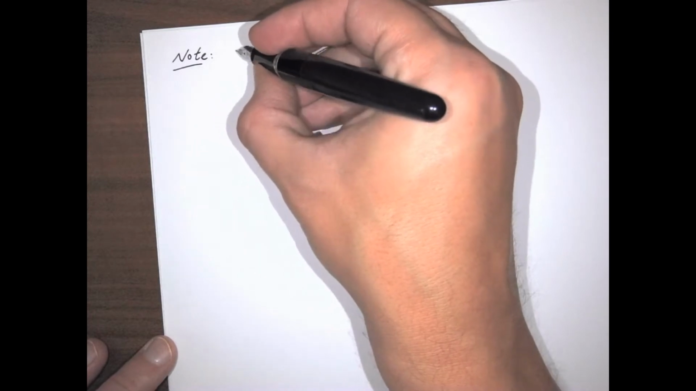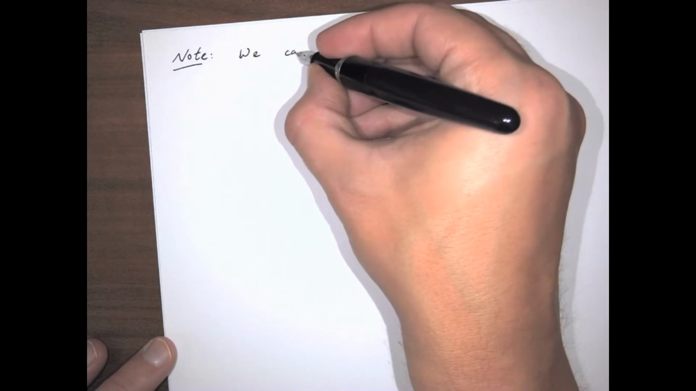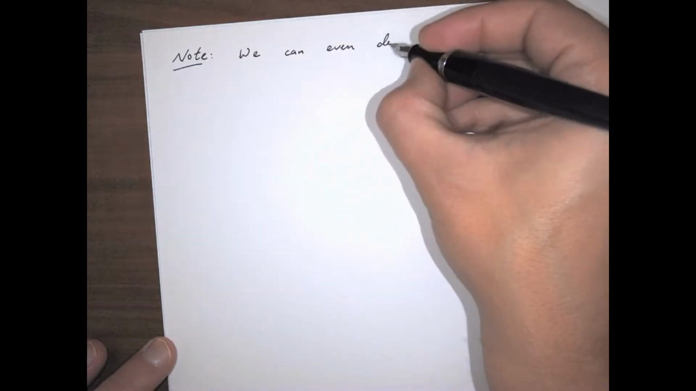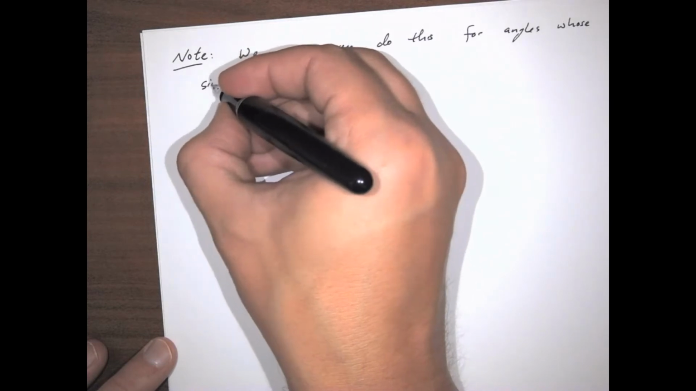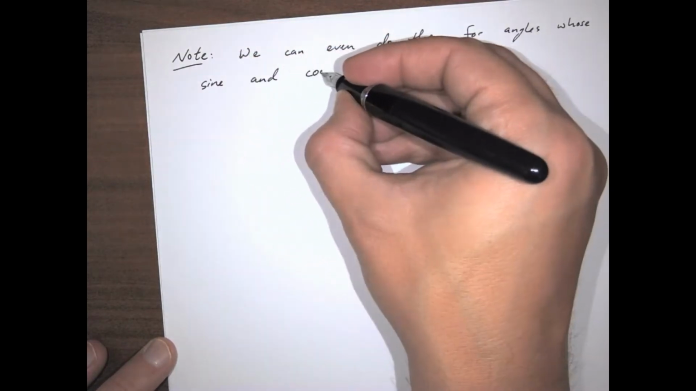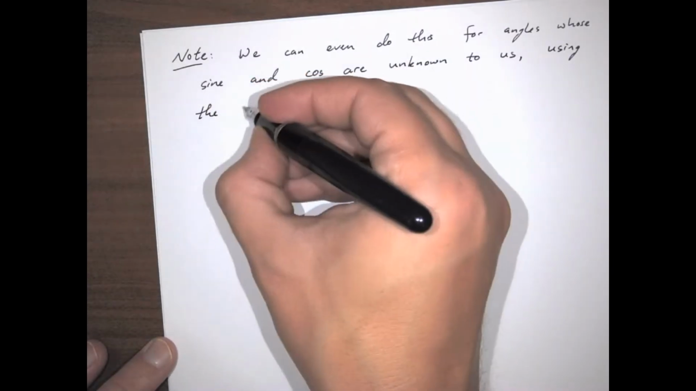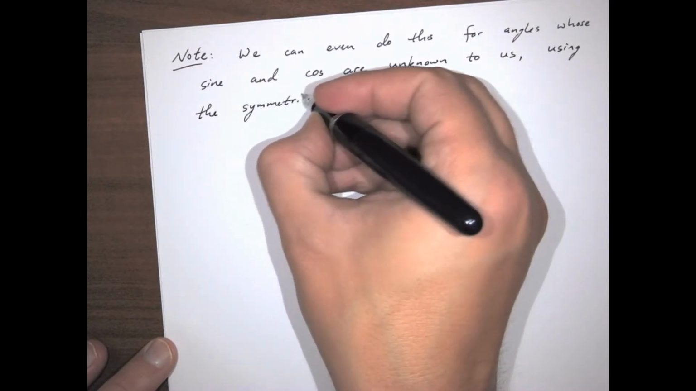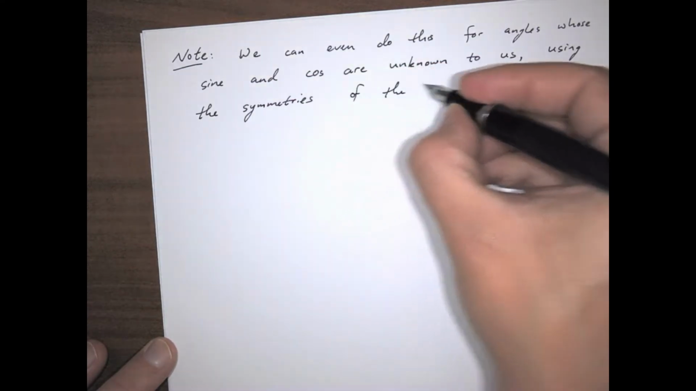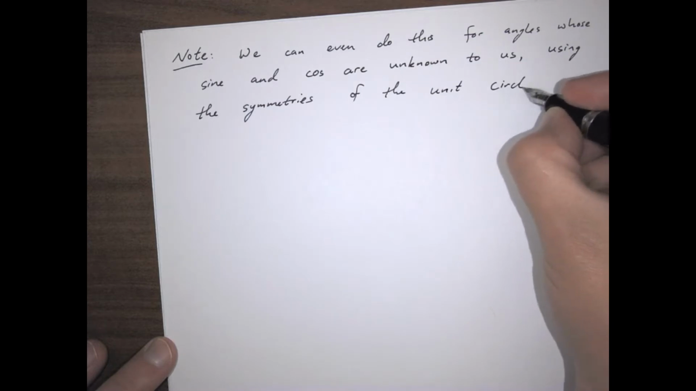One note about that. So this is a note within a note. So subnote. We can even do this for angles whose sine and cosine are unknown to us, using the symmetries of the unit circle. So for example,